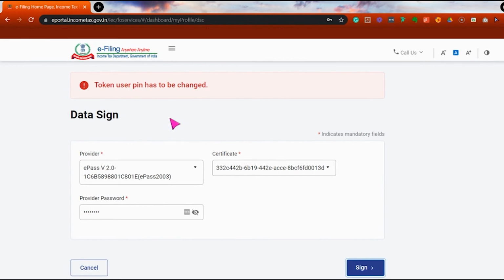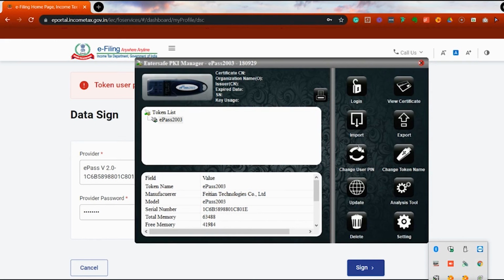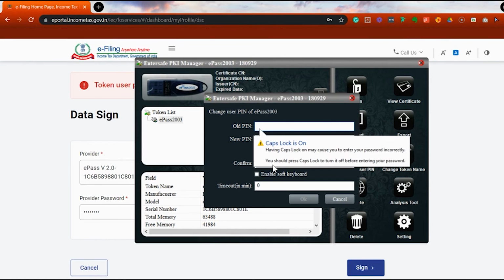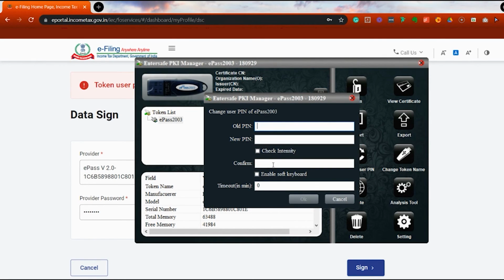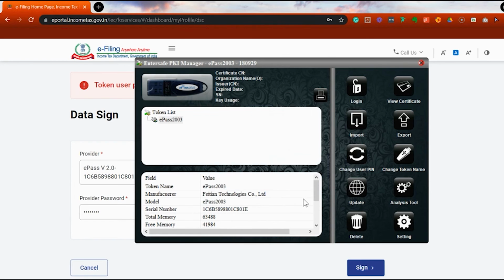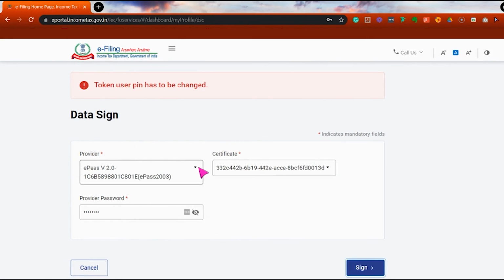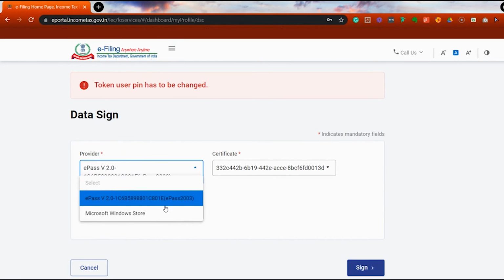Here it is giving me an error that the token user PIN has to be changed. Let's see how we can change that. We need to go to all the applications that are installed here and then go to ePass token. Click on the ePass token here. On this page, it will ask you to change your user PIN. Here you can mention your old user PIN and then you can update and confirm the new PIN. After you have updated the PIN,